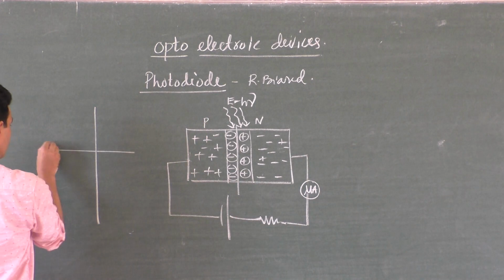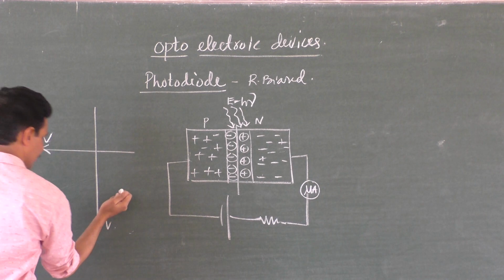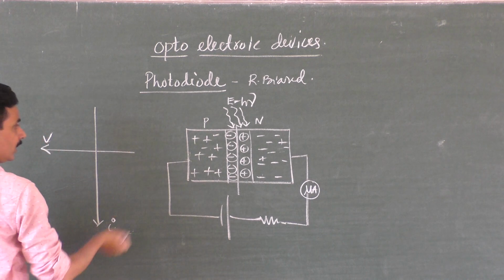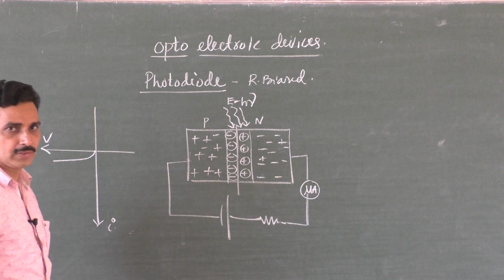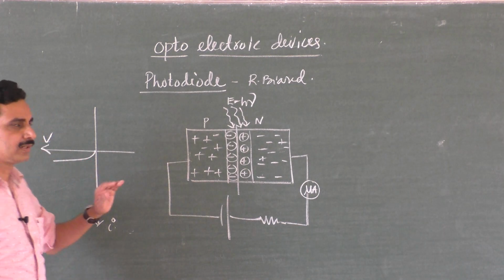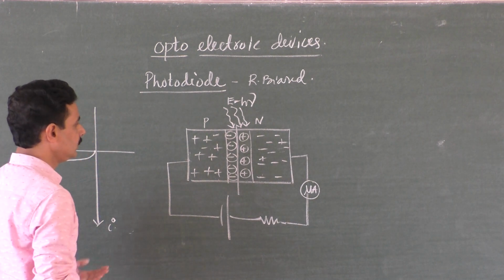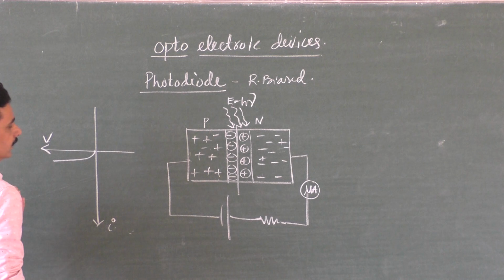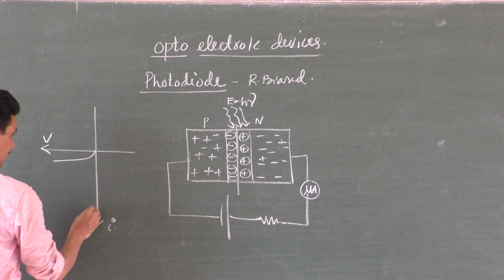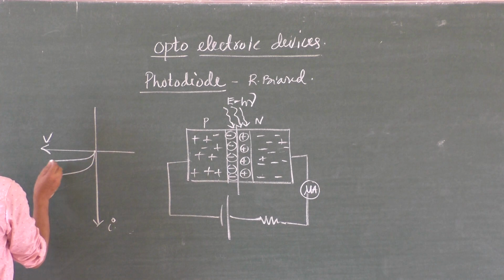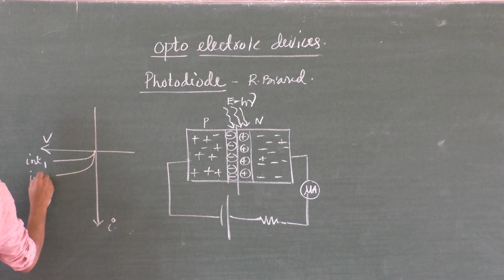Of course, if you draw the graph for this, reverse voltage here, reverse current here, then you will find that when there is no light falling on the junction, we have the reverse bias similar to an ordinary diode, but we don't go to breakdown. You keep the diode in a sufficiently reverse biased condition with suitable voltage here. Now when you make the light fall on the junction, the reverse current on the y-axis increases, right? This is for intensity 1, brightness 1. This is for intensity 2.